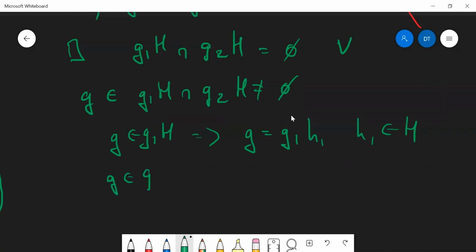Since G belongs to G2H, well, by definition, it's of this form for some element